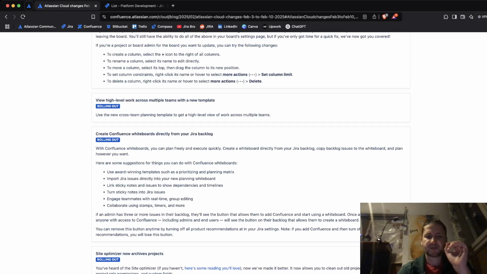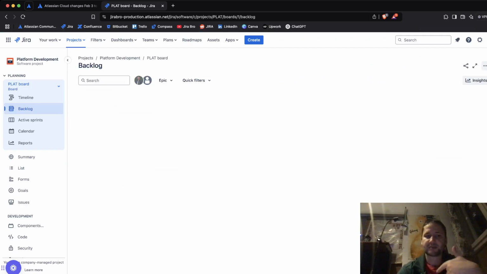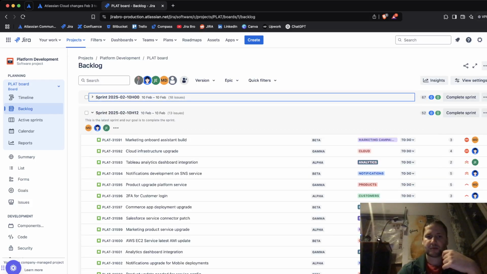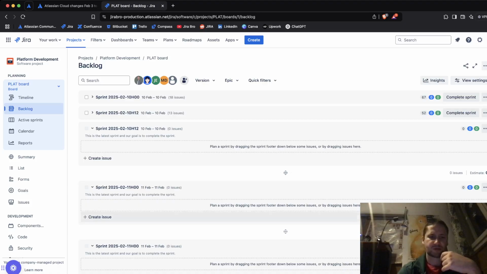If an admin has 3 or more issues in their backlog, they'll see the button that allows them to add Confluence and start using a whiteboard. So in here, this is where we get the explanation of how it needs to work. Alright? So in here, I have more than 3 issues. I know it's more than 3, so